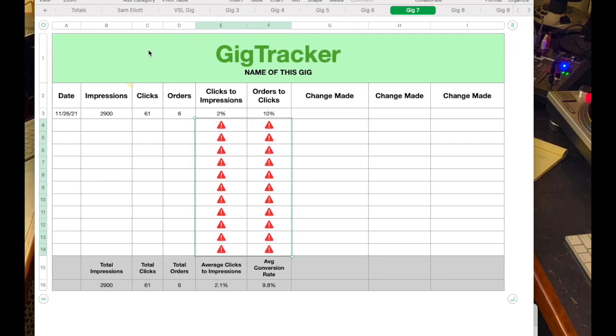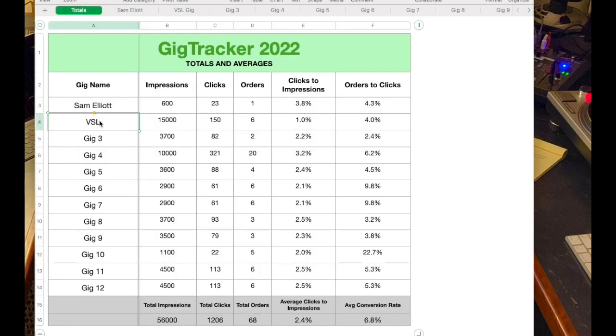Okay, so again, you go through your gigs based on what you have there in your gig listing online. You'll put in initially each of your gigs. You'll enter the information about them at the top and down below here, and you'll also put the correct name for them here. And then you will start plugging in the numbers. I suggest you go to Siri once a month and say, hey, remind me to update my spreadsheet on maybe the 25th of each month or the 1st of each month or something consistent so that you're always making sure